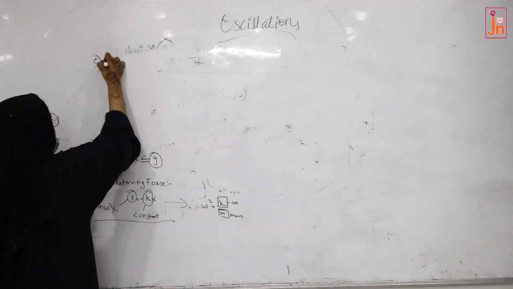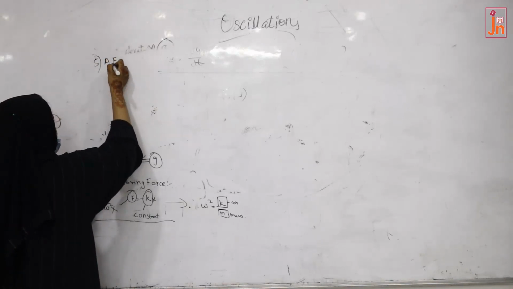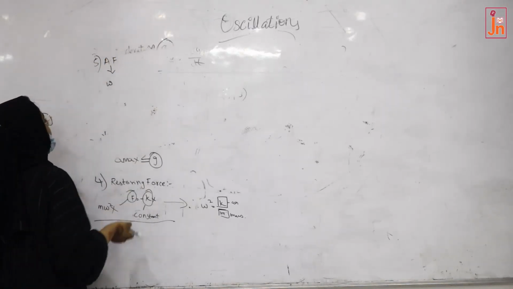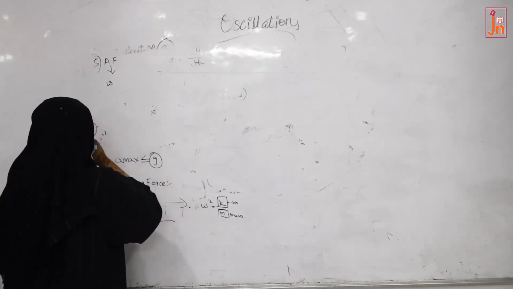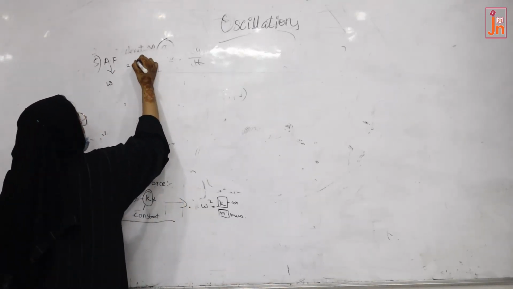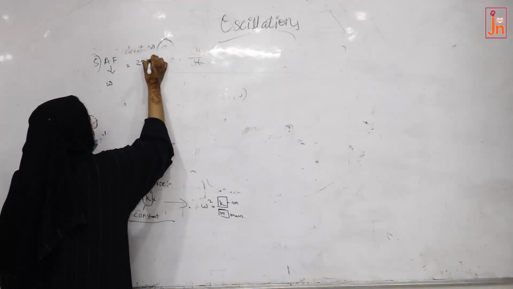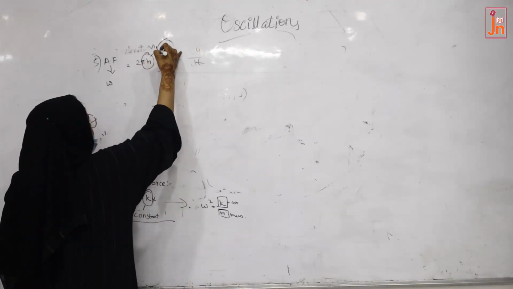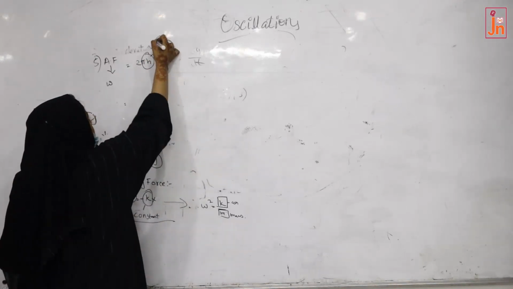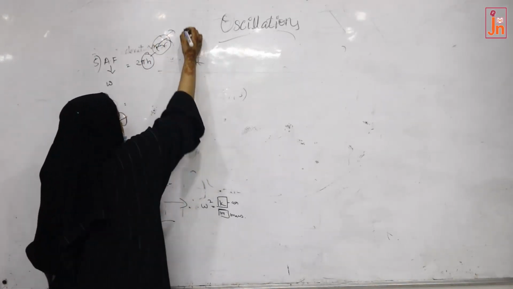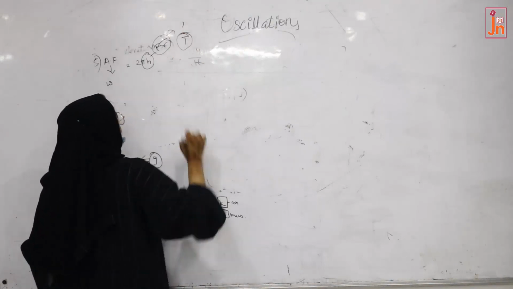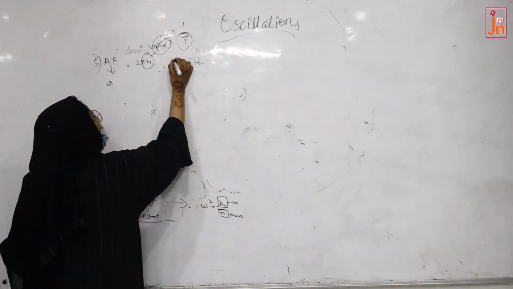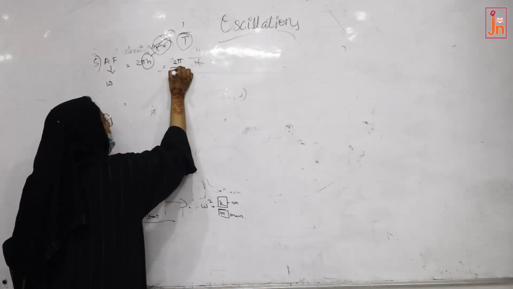Next is angular frequency, which we know is also represented by omega. 2 pi f is the angular frequency formula. Here f represents the frequency. Now for frequency, we know the formula is 1 by t, where t represents the time period. So we can write it as 2 pi by time period t.